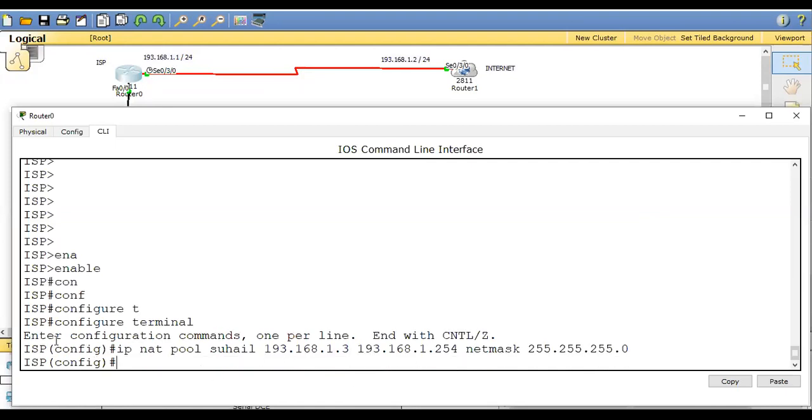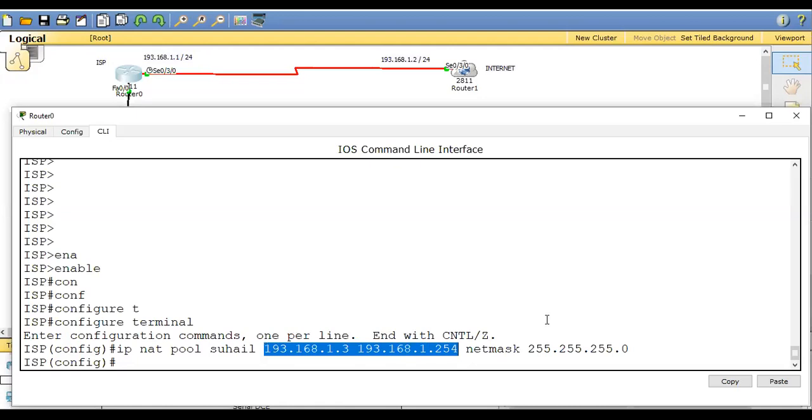Now what does this mean? I am telling my router that, hey router, I am creating a pool by the name Suhail, and if anybody comes to you, you now have a range. In overload NATing, we don't have a range; we have only one IP address, which we mention in source and destination.